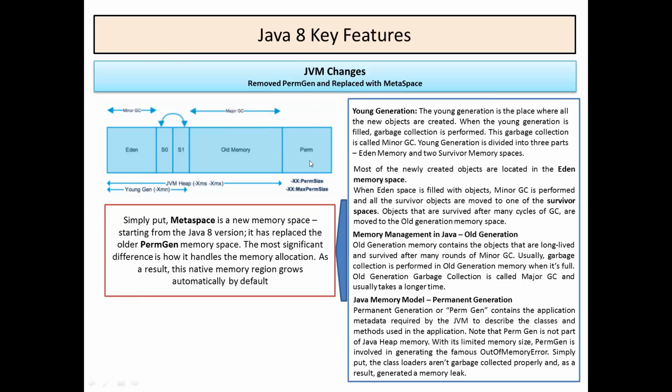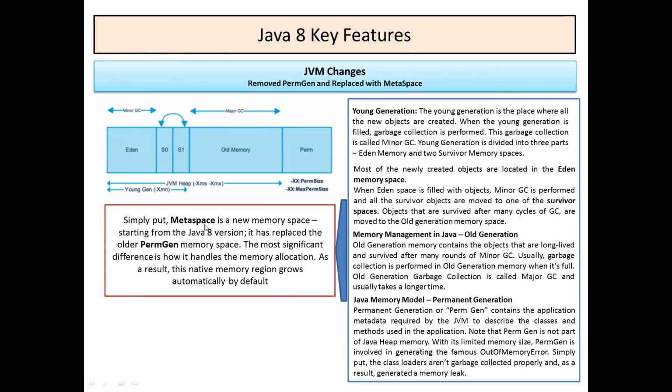Now, the issue in Java before was that this perm space was very small. To store the features of the class, the variables, functions, references and all, you don't need much space. So Java was allocating a very small space for this perm space, and it always used to result in an out of memory exception. So in Java 8, this concept is not there. There is nothing called the perm space. Instead of perm generation, they have put something called meta space.